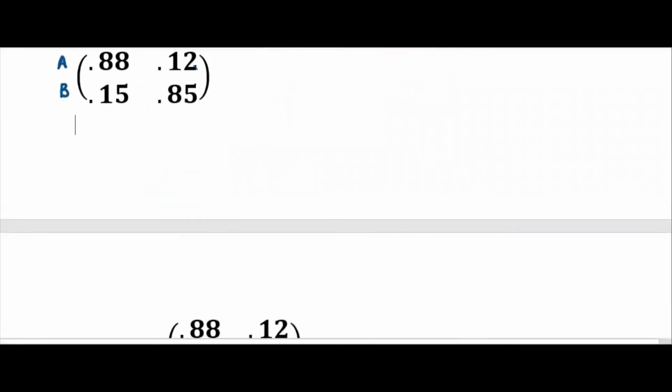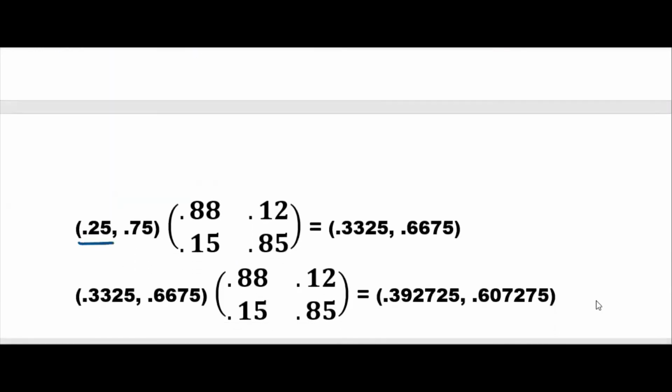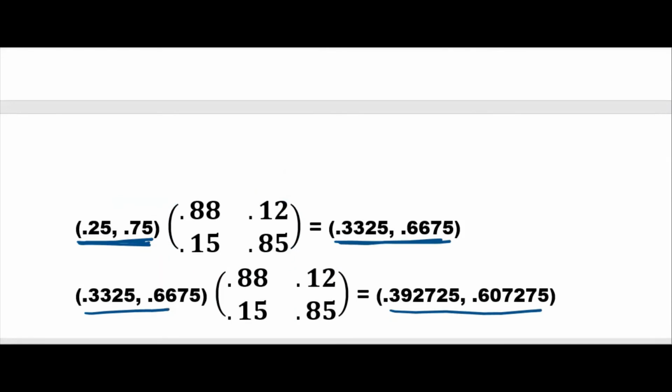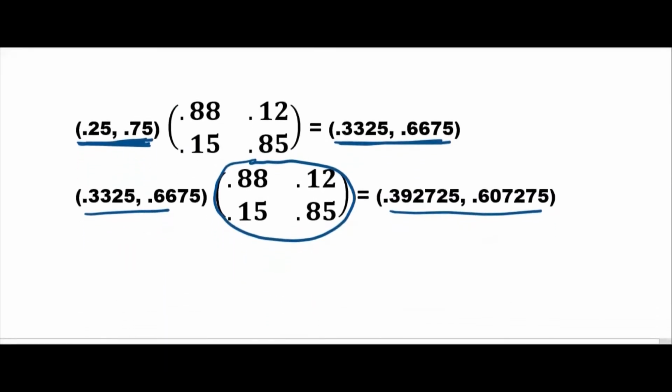Now if you see here, this was the initial distribution. You have to multiply by P, you will get the next distribution. This distribution you have to multiply here once again, then you will get this. Remember, it's very important. We can't use the P squared, P power 3 formula here because the initial distribution is something different. If the initial distribution is different, then you can't use it. That is something you need to remember.